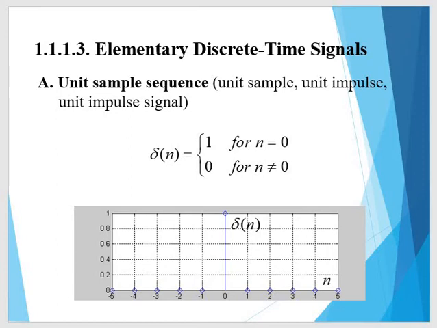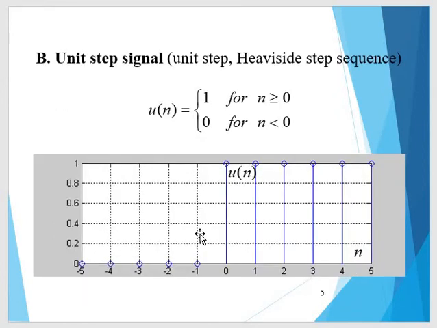Please note this. The next signal that is coming: if I have a train of impulse signals, or a train of shifted impulse signals. What is the meaning of shifted? It is at the 0th position, maybe it is shifted to position 1, shifted to position 2, shifted to position 3. That means if I have shifted impulse signals and I combine all these shifted impulse signals, it will become a unit step signal.